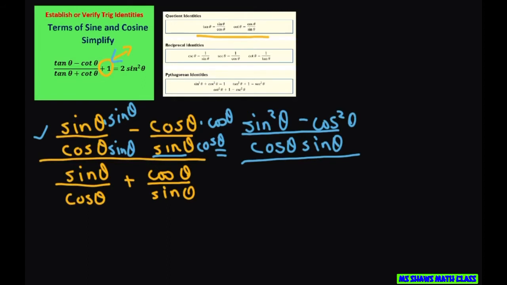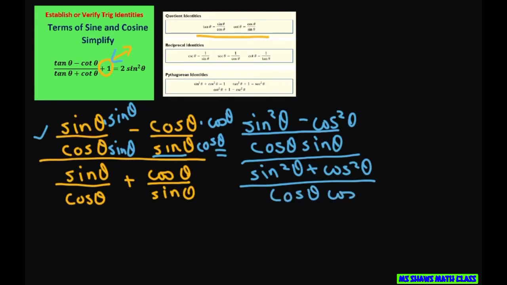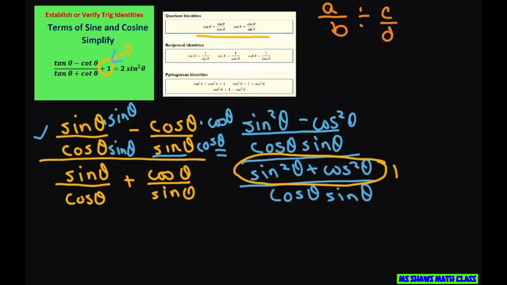All right. The same thing's going to happen here. So you get sine squared of theta plus cosine squared of theta. And this is the same denominator. Cosine. I'm used to writing sine first. All right. Now, we're going to divide this out. We already know this equals 1 because that's our Pythagorean identity. So that equals 1. And we have this form of A divided by B, and then we have C divided by D. And for rationals, that's going to end up being A divided by B,